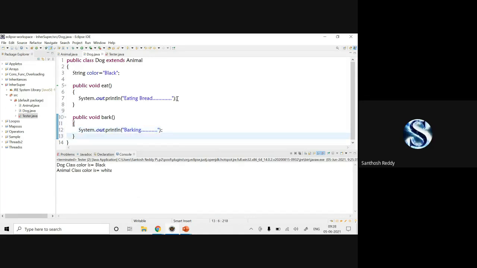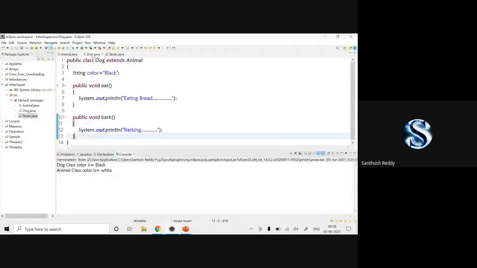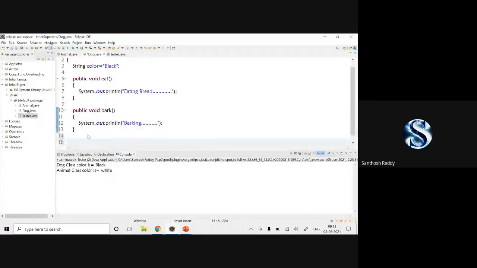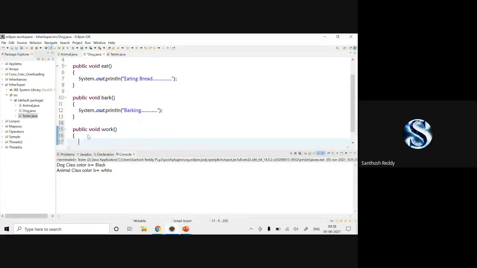I have written two methods in the Dog class, the eat method and the bark method, and in the Animal class I have only the eat method. Now I'll create one simple method, public void work. In this work method, I'm going to call super.eat.